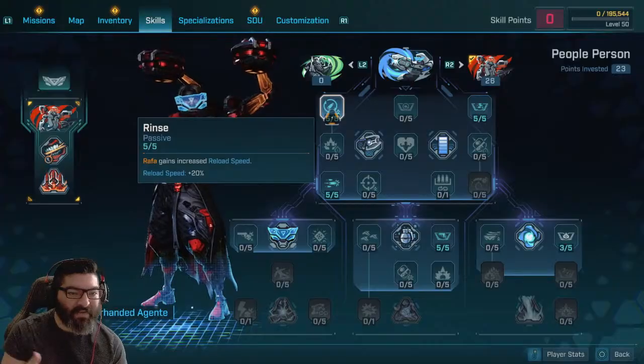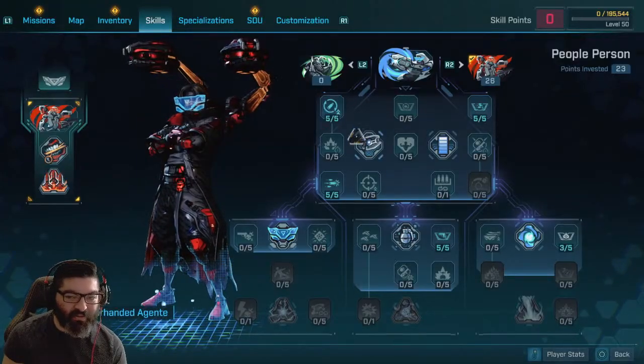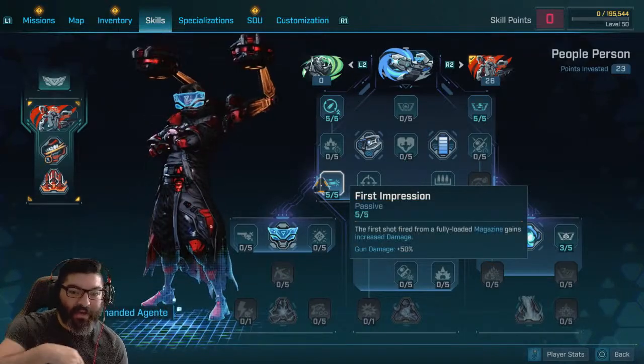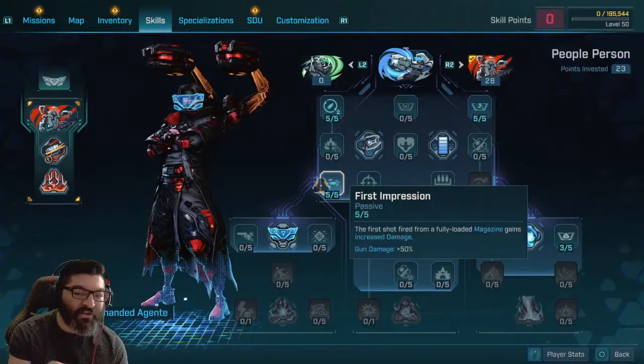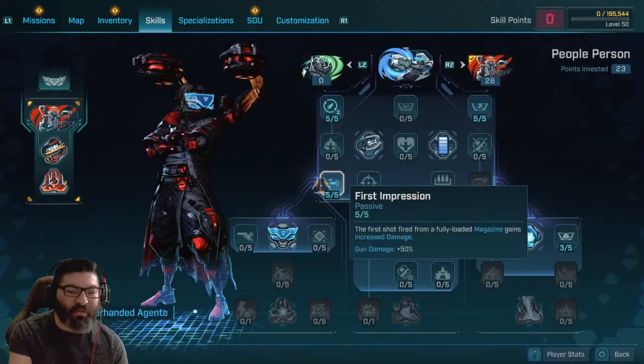Reload speed, because in the event that I do miss a reload or I do miss a timing on my rotation, I can just reload pretty quickly. The rotation's really simple, but it's easy to get sidetracked when you're shooting 1,000 times a second. First Impression is, this is perfect for Phantom Flame, and the whole reason why this build works,